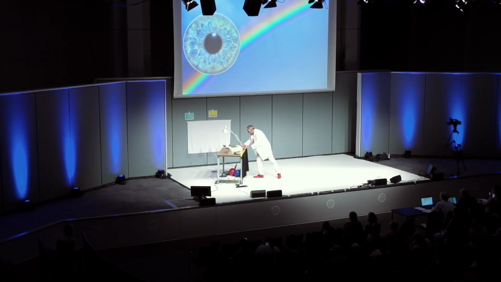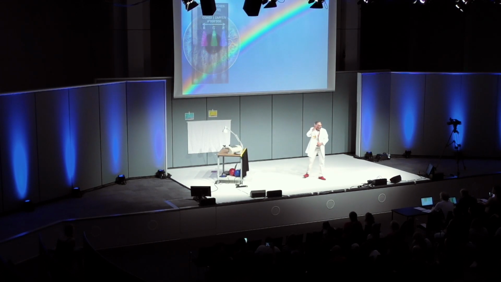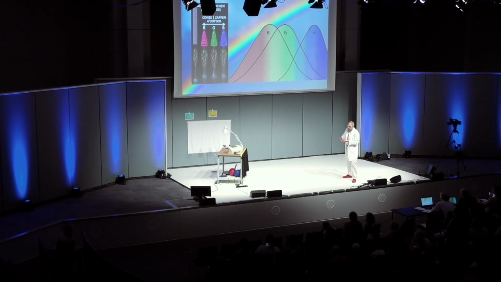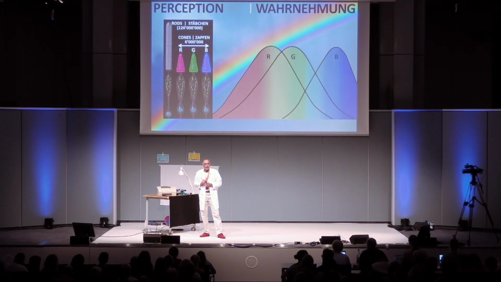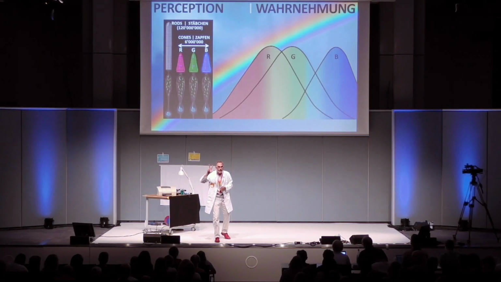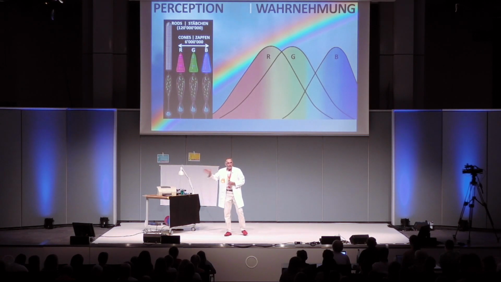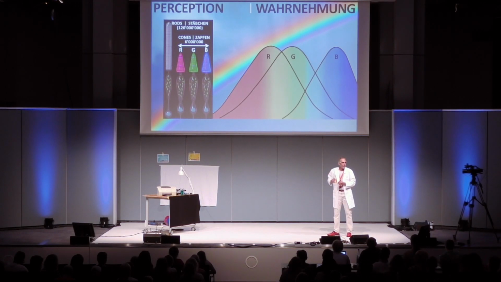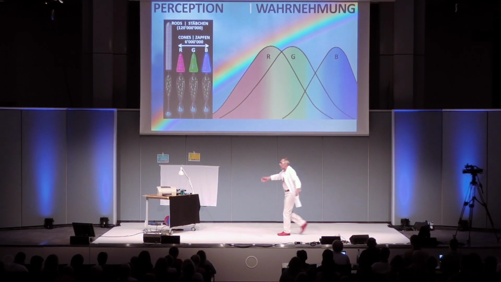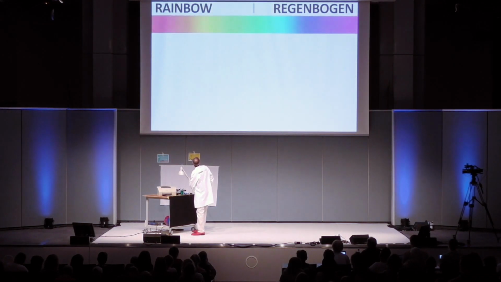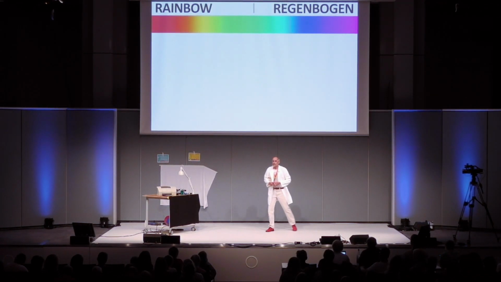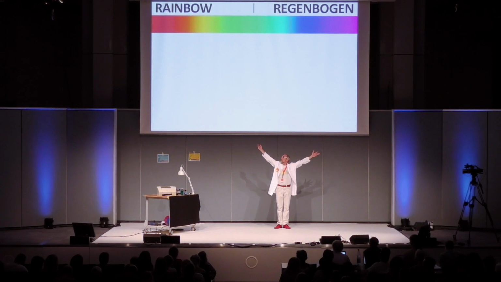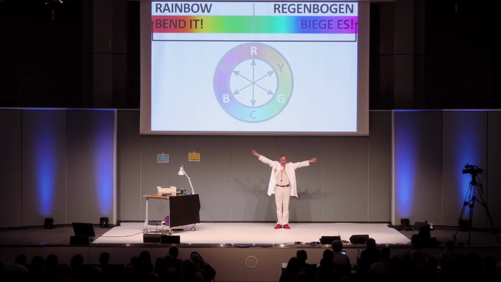What is the retina? The retina is what is at the bottom, at the end of your eye, and the retina is made of rods, but also of cones, and those cones are sensitive to only 3 colors: red, green, and blue. So how can it come that red, green, and blue cones can feel all the colors of a rainbow, for instance? Let's take a nice rainbow, and let's take the extremities of this rainbow and try to bend it.